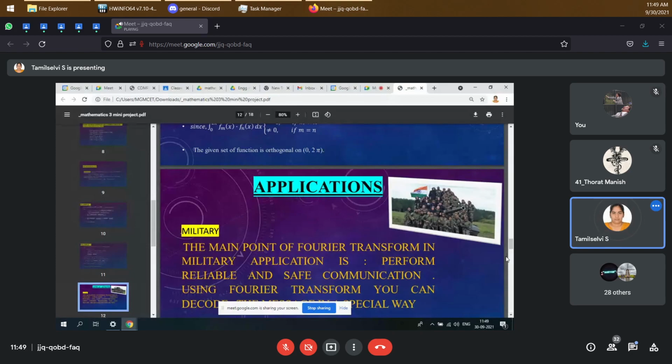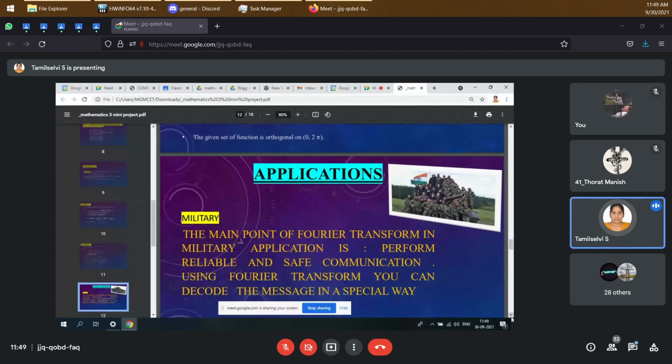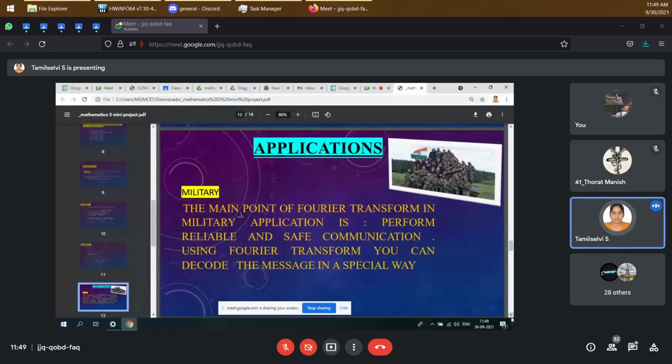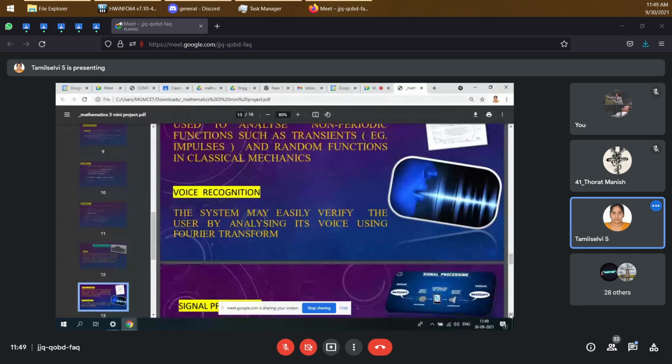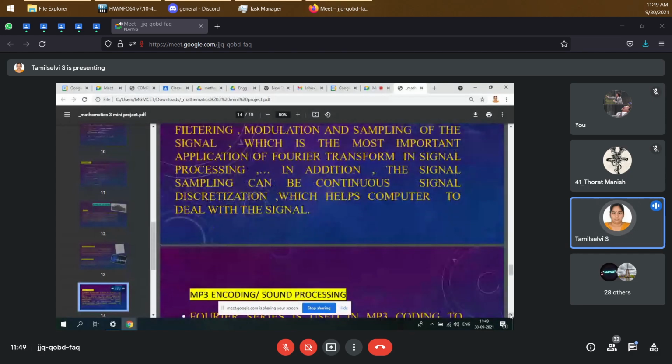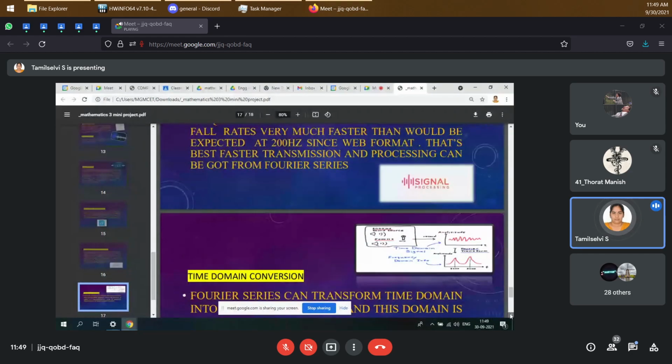And then after completion, this is very important. After your 8 to 9 slides, the application part. So why are we studying all those things? Whatever topic you are choosing, its application has to be mentioned. Okay. So that is applications, 1 or 2 slides, wherever it is applied. Signal processing. So whatever the application, 2-3 slides.